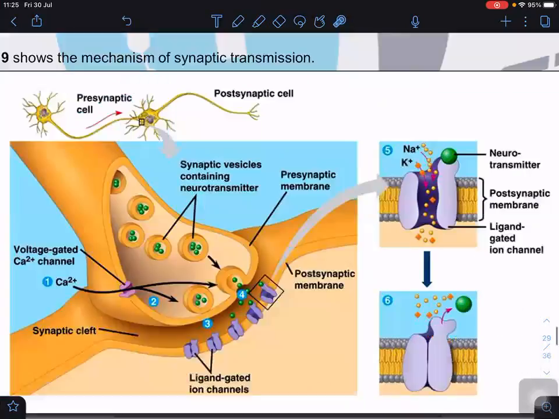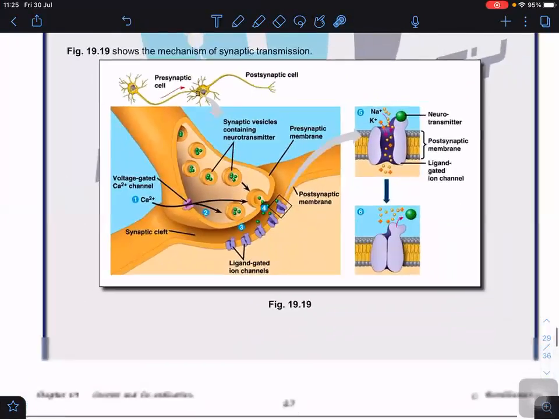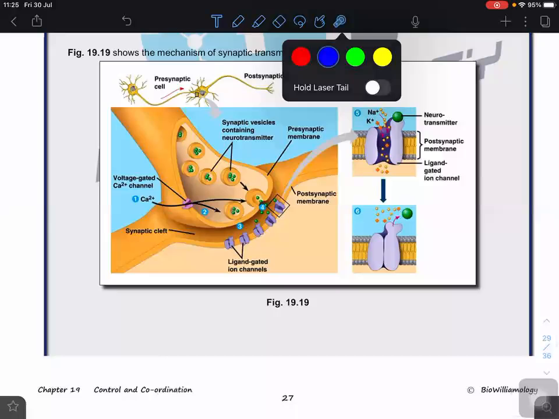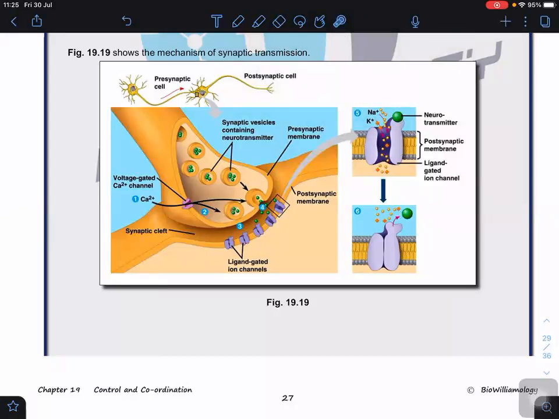So let us look at the diagrams here. I repeat the process. First, the arrival of the action potential causes the calcium ions to enter because the voltage-gated calcium ion channels open. The entry of the calcium ions causes the exocytosis. The vesicle first has to move towards the cell surface membrane here, known as the presynaptic membrane, and fuse, releasing the neurotransmitter by exocytosis. Then this neurotransmitter can diffuse across the synaptic cleft and